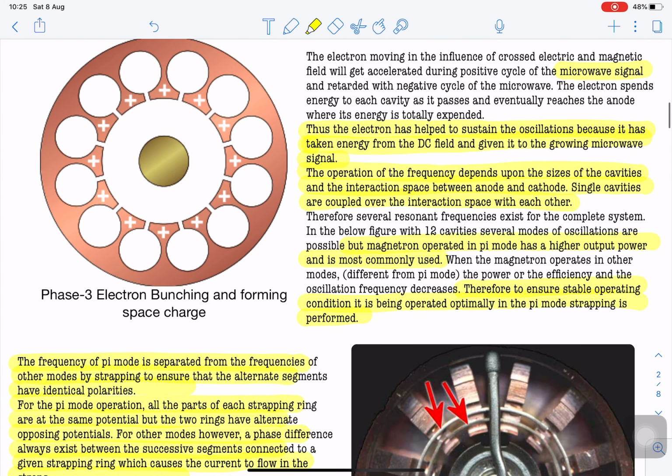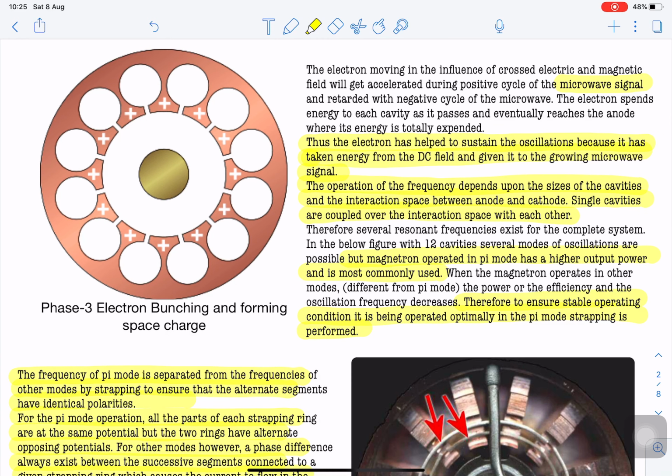In the following figure, the operation of the magnetron is explained. Normally we take an even number of cavities, as shown on the left-hand side of the diagram. As the resonant cavities of the anode are in the form of cavities, we normally take an even number of them in order to sustain the oscillations. In the figure, 12 cavities are utilized, but it doesn't make any difference how many cavities we make use of. But remember that we normally take an even number of cavities in order to get sustained oscillation.